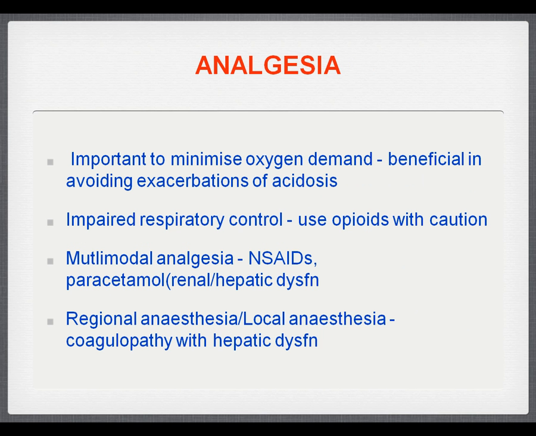So then going on to analgesia, again, what seems to make sense is related to this impaired respiratory control, that you use opioids cautiously. A lot of it just seems to be sensible advice that I found, really, to use opioids with caution, to use multimodal analgesia, but again, you've got to have caution with non-steroidals and paracetamol with the hepatic and renal dysfunction, and just talking about the benefit, like pre-operatively, decreasing the stress, so managing their analgesia well to avoid these exacerbations of acidosis, and then keeping in mind with regional anaesthetics that not only hepatic dysfunction causing coagulopathy, but that some of these patients have thrombocytopenia as well with this multi-system disease.